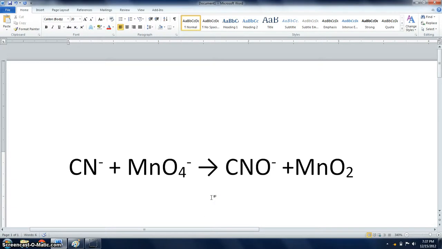Okay guys, today I'm going to show you how to balance redox reactions, and overall it's a pretty simple process as long as you follow all the correct steps, which I'm going to walk you through. So this is going to be our redox equation, and we're going to break it up and show you how to balance it. So the first thing that you need to do is assign charges to everything, and you're going